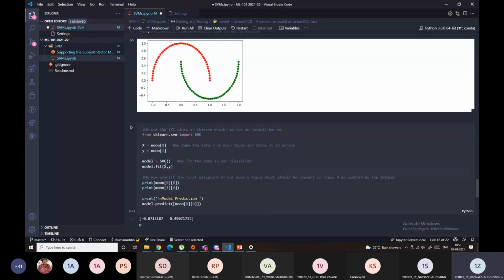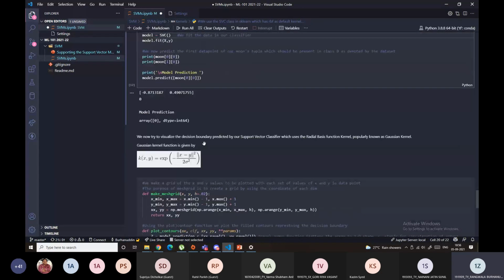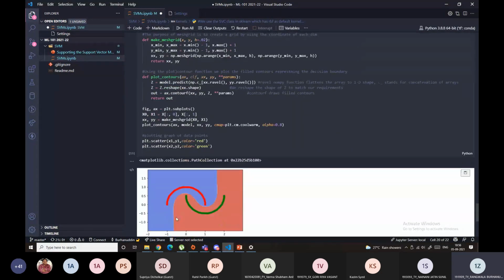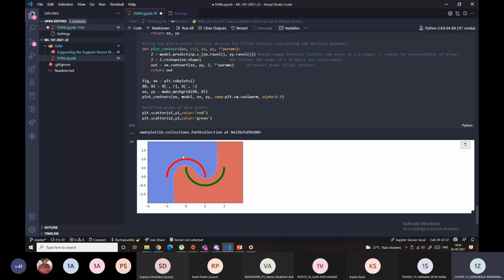So we basically use a normal SVC class. By default, this will just use an RBF, radial basis function, as a kernel, and it will fit to it. And as you can see below, this is how the entire mesh, the entire contour will look. This is actually our decision boundary, which is downscaled from any dimension to 2D. So yeah, that is basically the entirety of it.